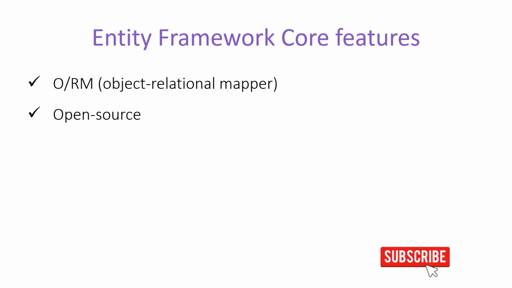If you have worked with previous technologies of Microsoft, such as ASP.NET MVC 5, then in that technology we had Entity Framework, and the latest version of Entity Framework was 6 at that time. But now with the evolution of .NET Core, we have Entity Framework Core as well. So the latest between Entity Framework Core and Entity Framework is Entity Framework Core. The relation between Entity Framework Core and Entity Framework is just like the relation between .NET Core and .NET Framework.